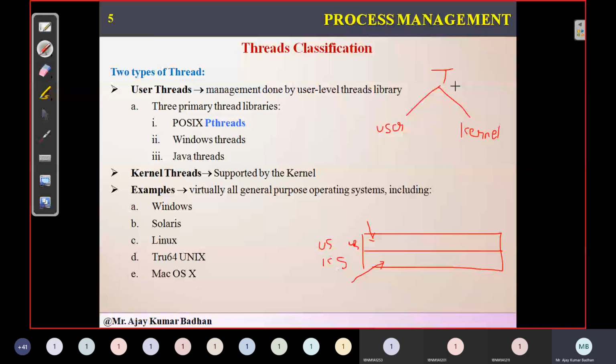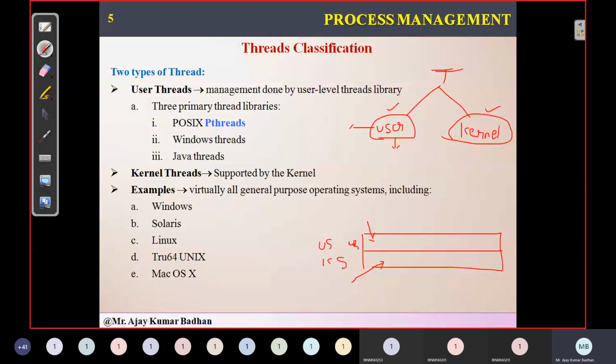So here, if you talk about threads, we have user level threads and kernel threads. User threads are the threads which will be placed in the user space, so there will be no control of the kernel on these user level threads. In the same way, we have kernel level threads, which are system level threads.